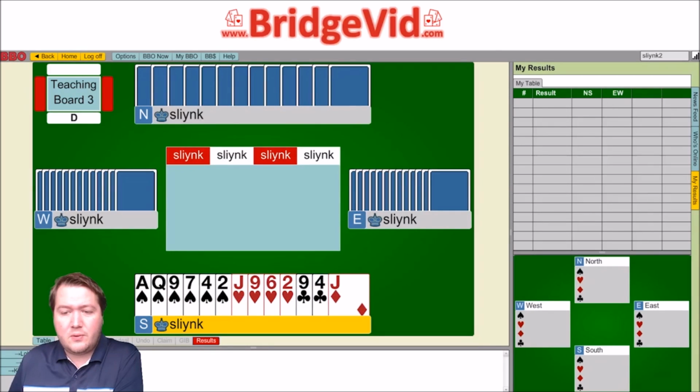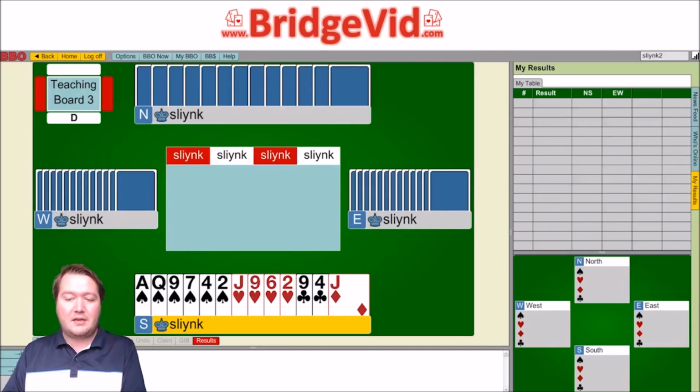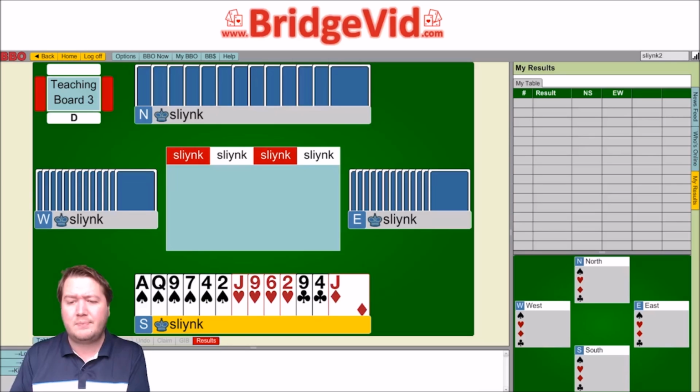This one here, we have 6 points in spades, 4 for the ace, 2 for the queen, 1 point for the jack, 1 point for the other jack, so this hand is worth 8 high card points. But then it's also got length points, where I'd count 2 length points for having the 6 card suit. So here's a few different ways that you can see how you can count your high card points here,